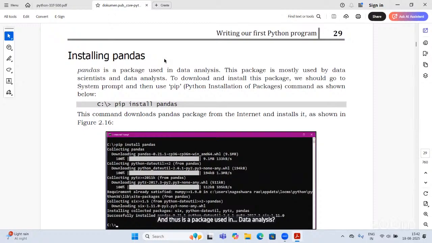This package is mostly used by data scientists and data analysts. The command is the same, at the command prompt: C:/> pip, Python installation of packages, pip install pandas. That's it. Press enter.